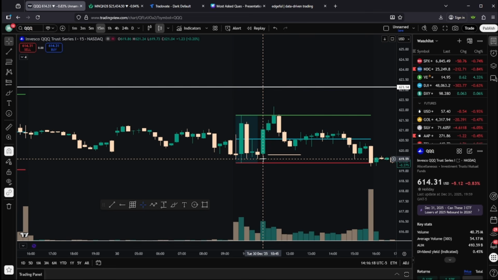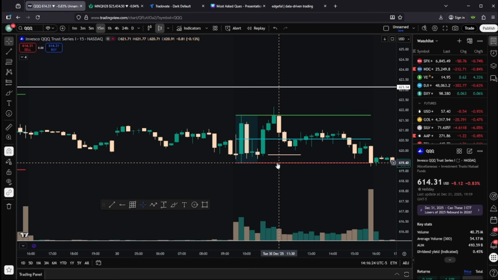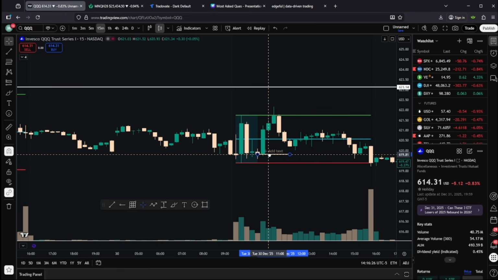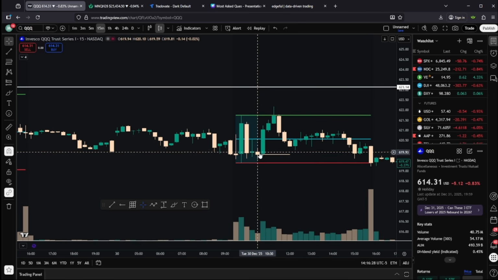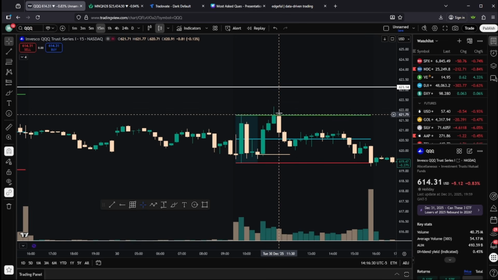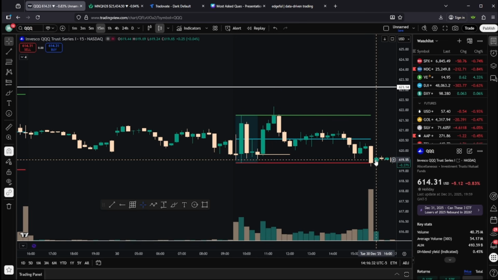Again, I did not take this because I got a little emotional. I had a human emotion added into the trade. I thought for sure we were going to go down and take the low. However, we ended up pivoting all the way back up and taking the IB high, and then ended up taking a double break in the IB for that day as well.